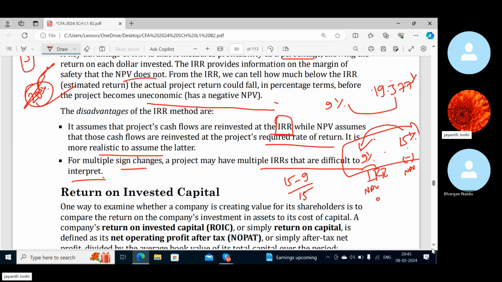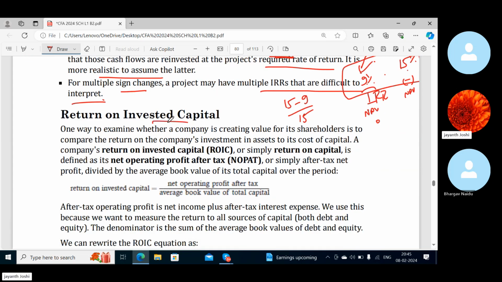Fine, finished. Now, return on invested capital. What is your invested capital? The money which you are investing into the business. So, what is the formula for ROIC? You will be taking your net operating profit after tax, because operating profit is what is more relevant to you in this case, and average book value of total capital. That means $1 invested is giving me how many cents of